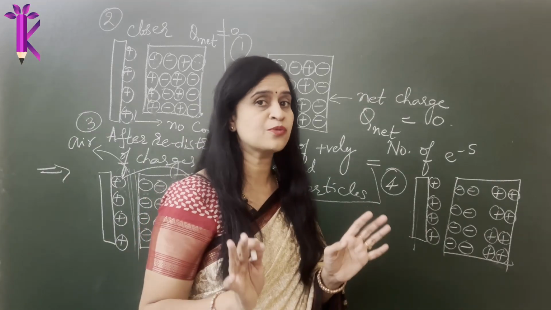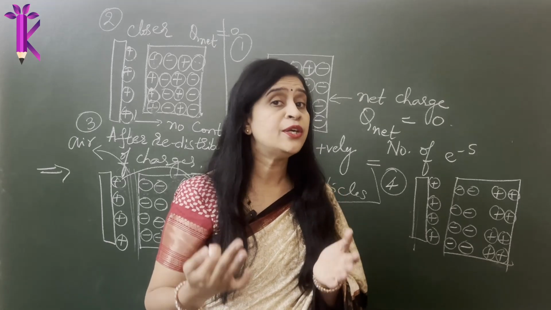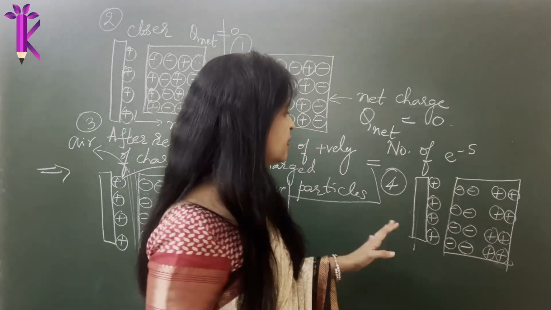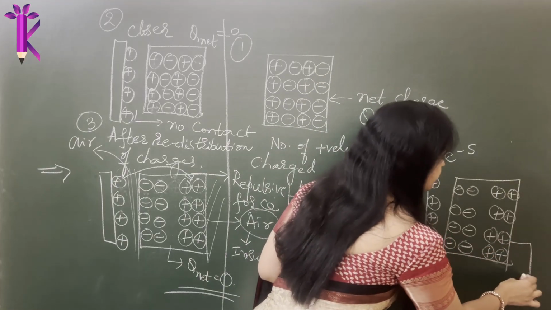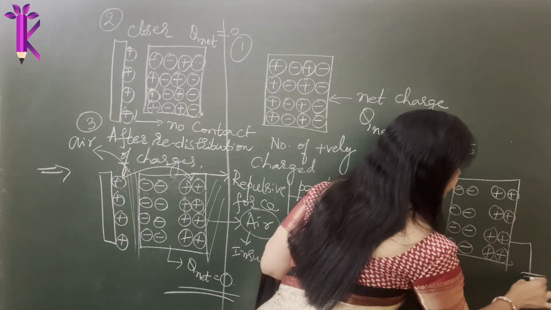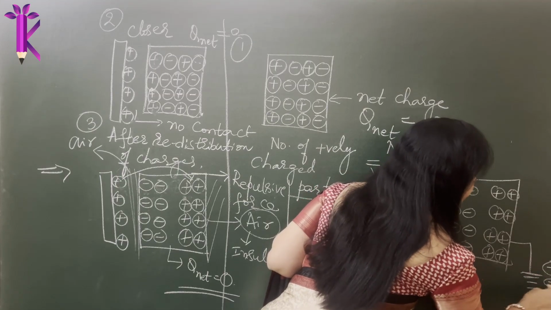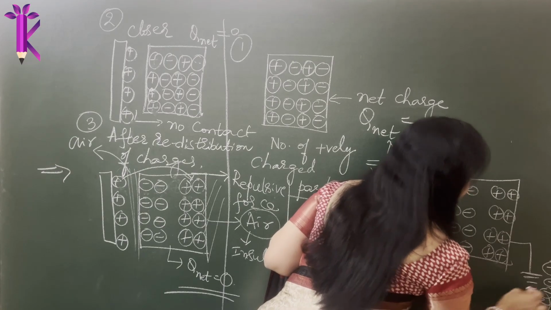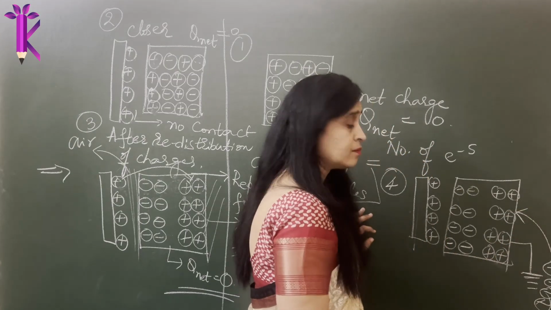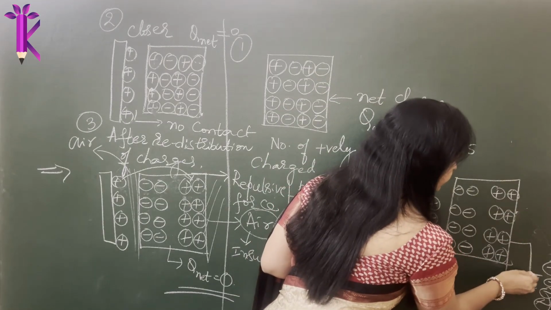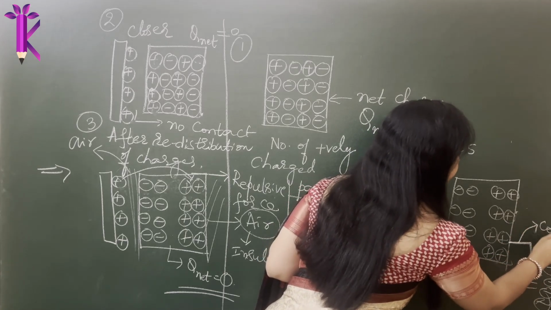Now, the whole twist is, we know that Earth is a very big conductor. We know air is not a good conductor, but we do know that Earth is a very good conductor. So what do we do? We connect this conductor to Earth. So when you earth it, Earth has an excess of electrons. There are plenty of excess electrons on the surface of Earth. So what will happen? These electrons start to experience a force. You have connected it. See, there is no air gap here. So there is a conductor. This is a conductor. You connect, right?